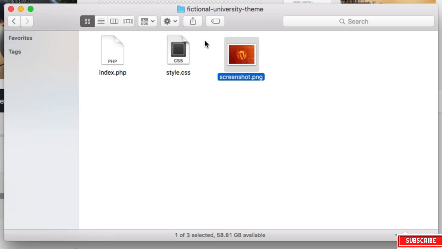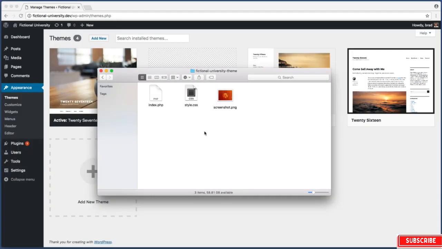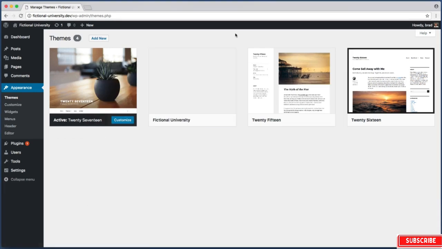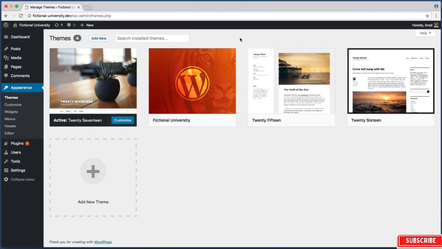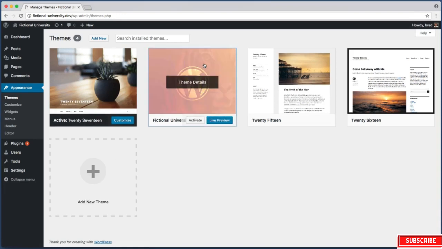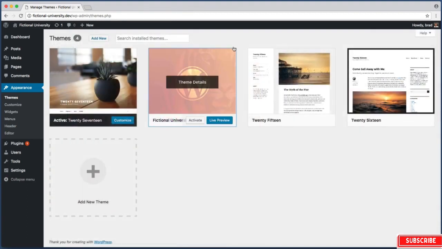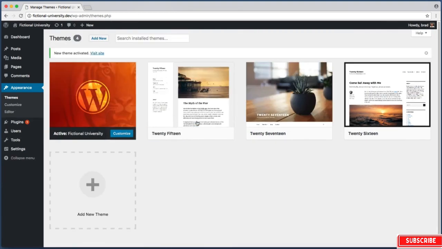Alright, but with this in place, if we refresh this admin screen again, cool, so now this looks like a legitimate theme. It's got a preview photo. It's got the essential information, and now we can just go ahead and activate the theme. So you can click activate down here at the bottom, or if you close this out from this screen, when you hover over a theme, there's also an activate button right here. Okay, so let's go ahead and activate the theme, and now if we use this link up here to view the front end of our website,